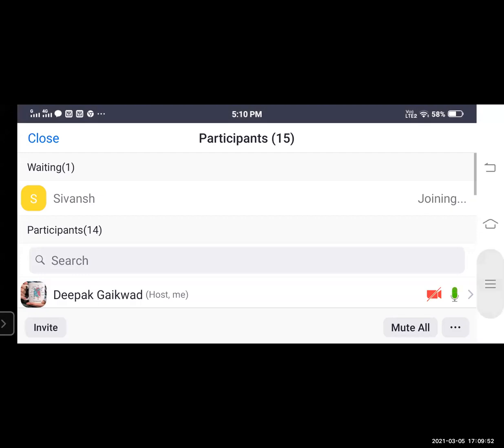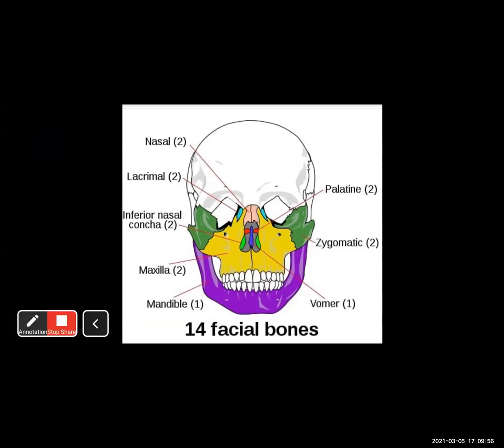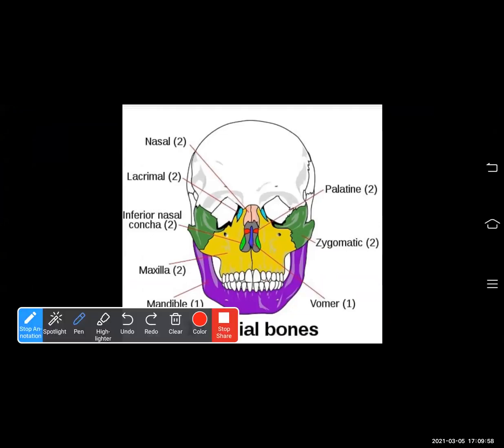Those "new Z programs make Indians laugh very much" are all there on your screen. You can watch there. So the first bone is this nasal, right? Nasal is the bone that forms the bridge of our nose, isn't it? The nasal bone is the one which forms the bridge of the nose. You can see that pink colored one.